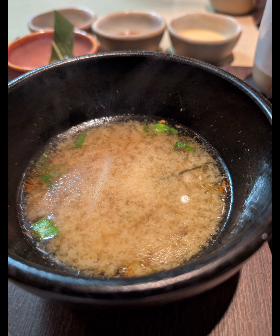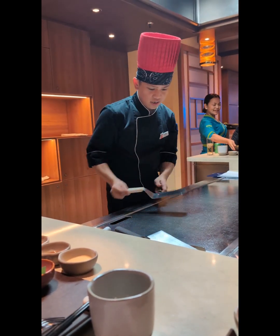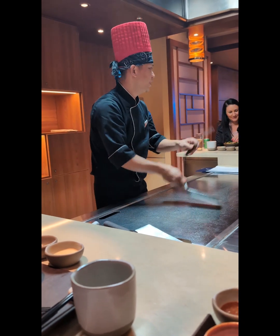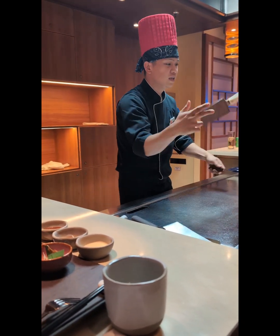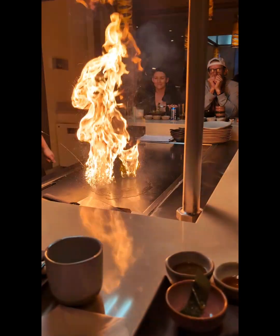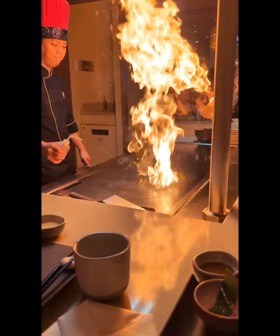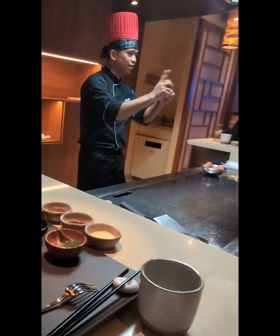Once that's all done, we do like to book a dinner for the very first night. So we chose the Teppanyaki restaurant. The reason we like to book for the very first night has a couple of reasons. First,